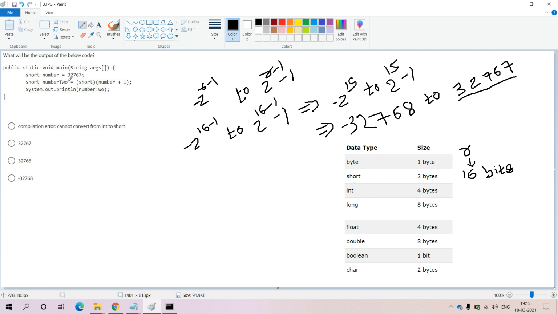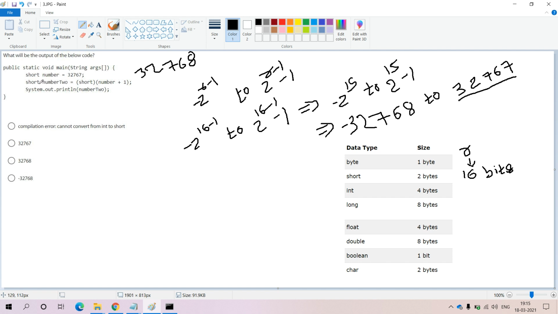But here within number2 we are trying to hold number, which is 32767 plus 1. 32767 plus 1 gives us 32768. It is a positive number, and we are typecasting it into the short type and holding it in the number2 variable, which is of type short.